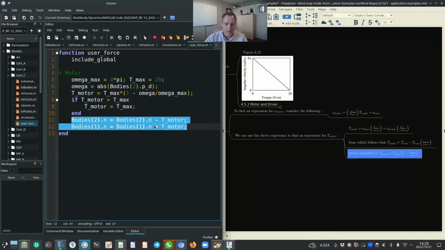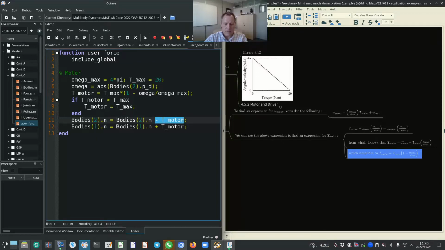So it is whatever the external torque is, minus the torque of the motor. So why is it minus? It's because this torque is applied in a clockwise direction, and if you remember our sign convention, clockwise rotations are considered to be negative, and that's why it's minus that